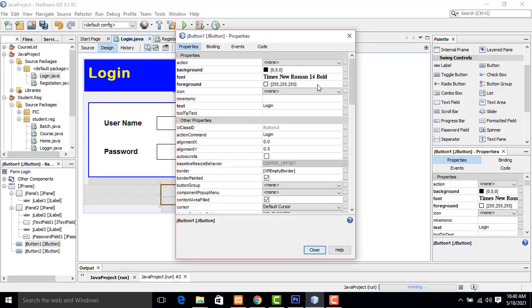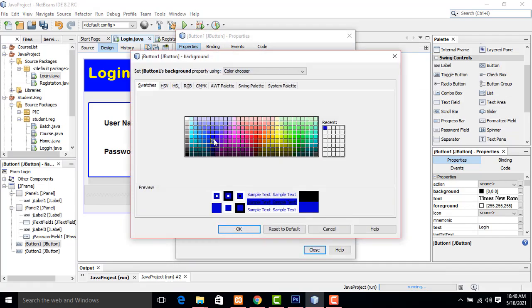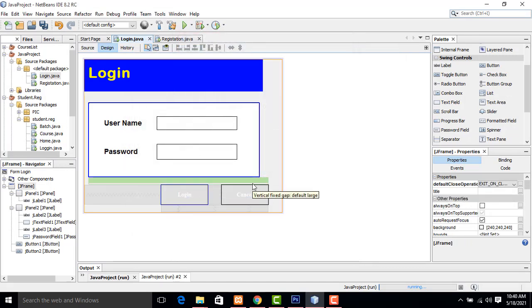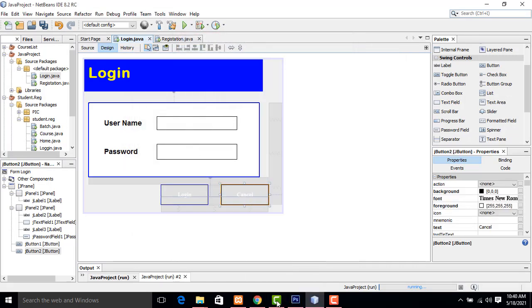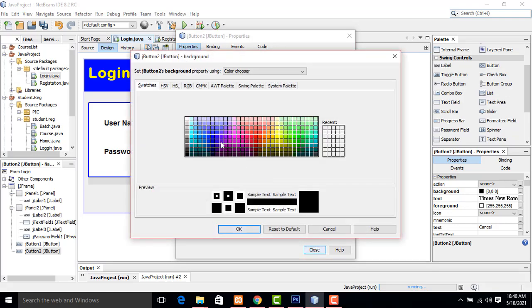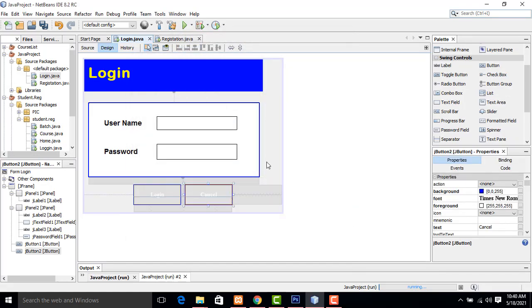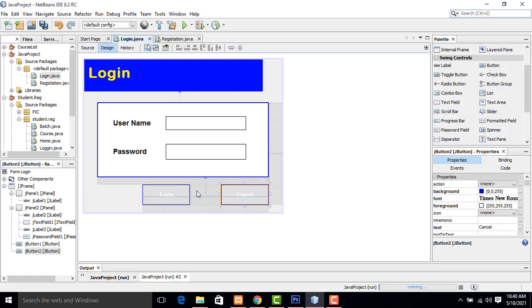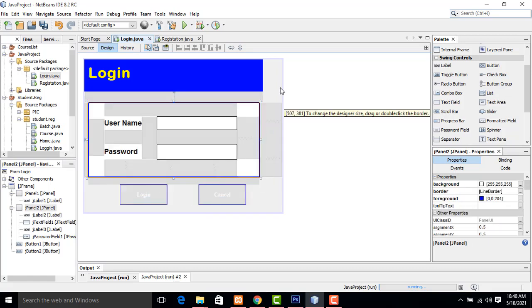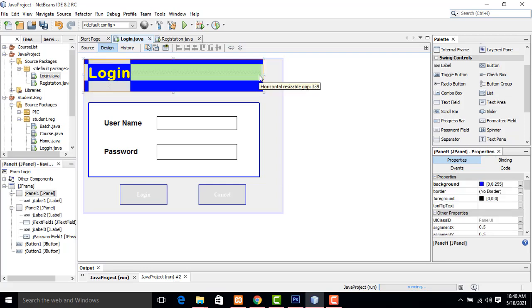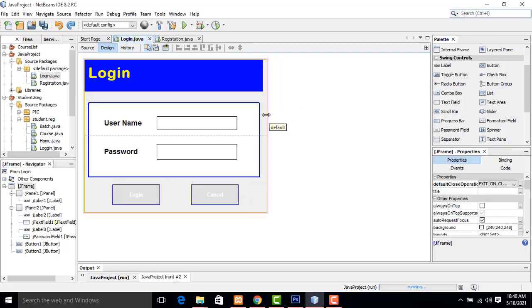Okay, blue. Perfect. Now here this also blue. Right click, properties. I just checked it for testing purposes, but the color is not good, so I am going to change the colors. Don't worry about this, we have to change the color, it will be good. If the color is not good, you have to change it and check whether it's working fine or not. If it works, then it's okay, no problem. It's simple.